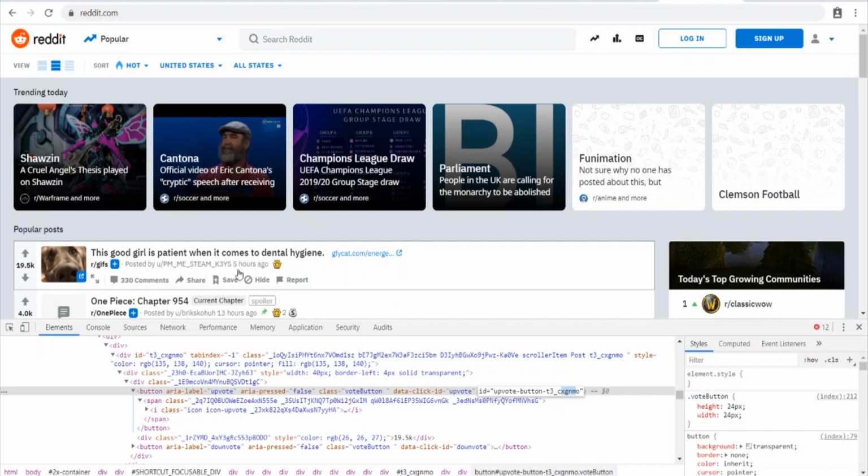I'm assuming that's probably the same if we looked at the URL. Yeah, you can see this is based off the URL specifically, so it has a unique identifying value. If we just copied and pasted this, the next time in a day or two, when a different post is on the front page, this would come off as broken. So what we're going to do is just grab this first chunk, and with XPath we can